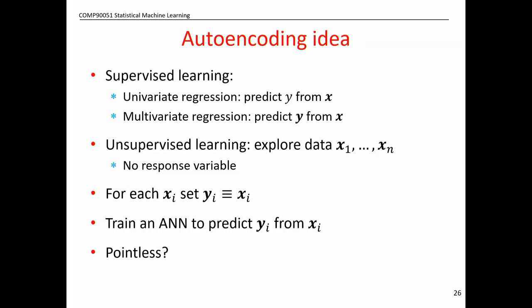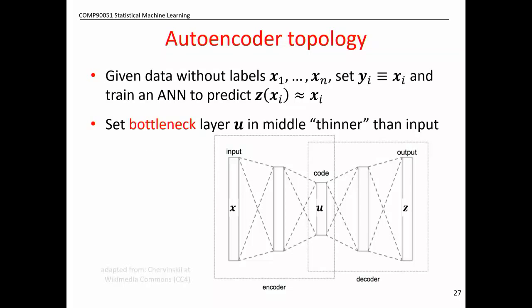Okay. This is pointless, right? No, it's not pointless. What makes this even more confusing the first time you see it is that you might be using this when you do have labels. You might really have labels, and it's like, why would I do this? Why would I ignore my labels? We'll talk about how we'll use this in a minute. But even if you have labels, ignore them. We're just going to look at our training instances, and we're only going to look at the input features. And we want to train a network whose output layer has the same shape as the input layer. Okay?